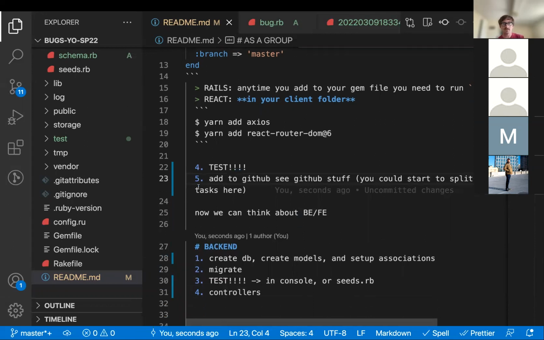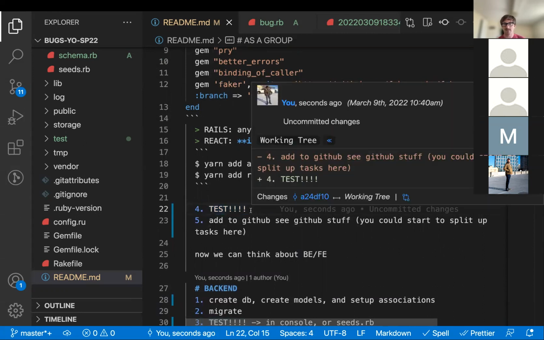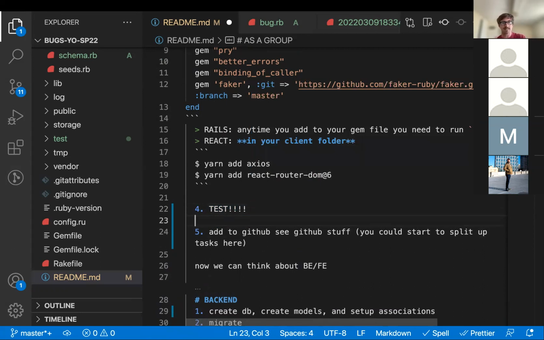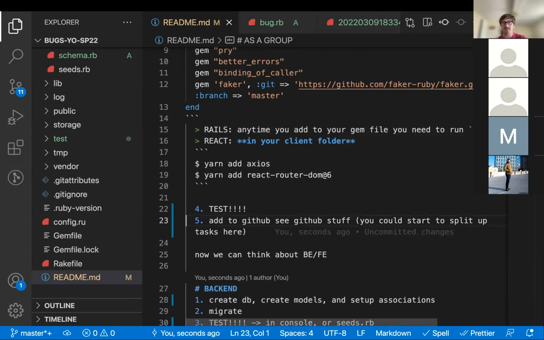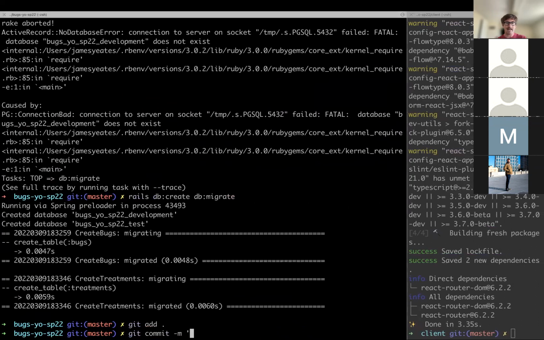Here's a general rule. Anytime you're going to push to GitHub, test before. So if you have a step that's like push to GitHub, let's test. That was kind of a miss, because I'm writing a lot of code. Do I even know if this is working? I could at least go in and